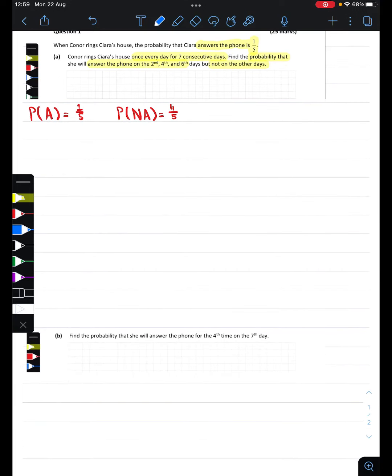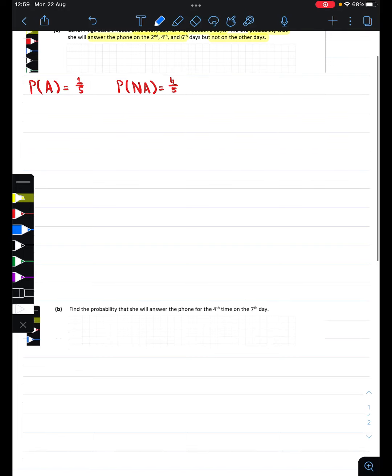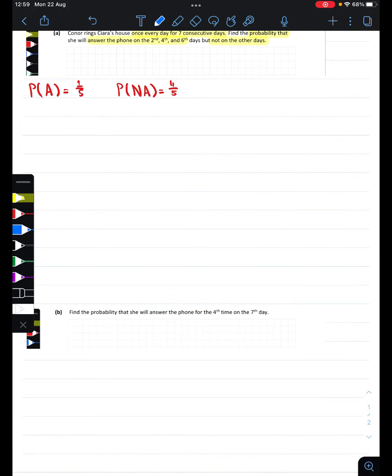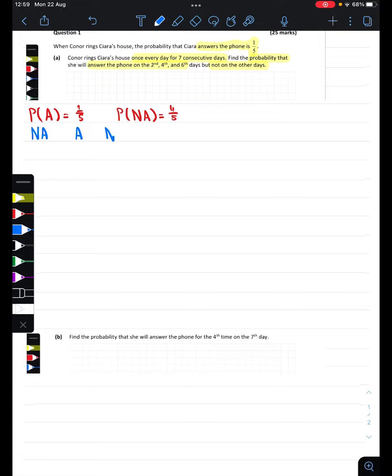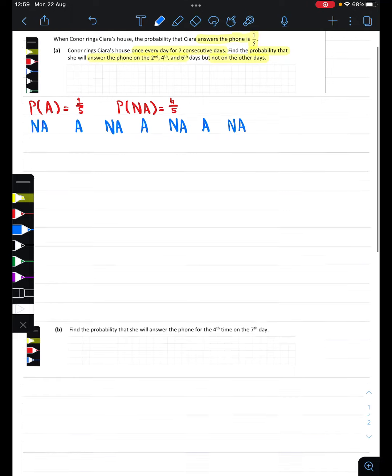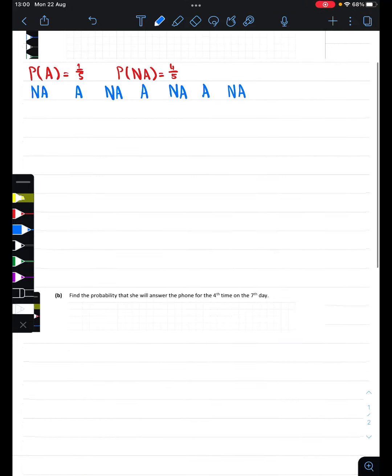Okay, and now let's take a look at what needs to occur for what they're asking to happen. So we're looking at not answering, so she doesn't answer the first day. She answers the second day, doesn't answer the third, answers the fourth, doesn't answer the fifth, answers the sixth, and then doesn't answer on the last day. Okay, and so if we want to look at the probability of this whole thing happening,